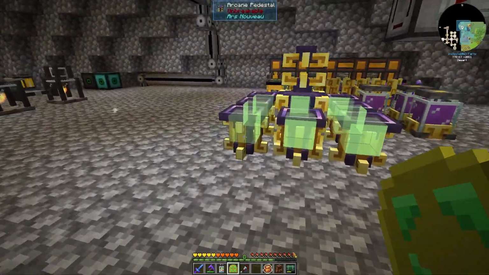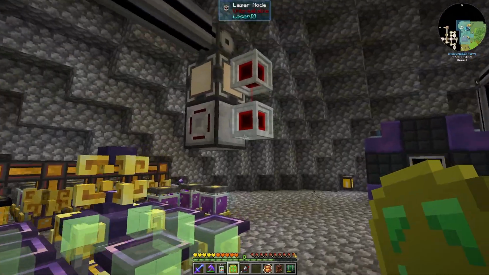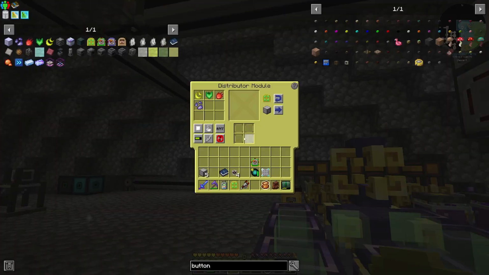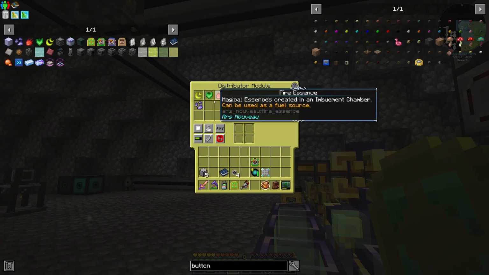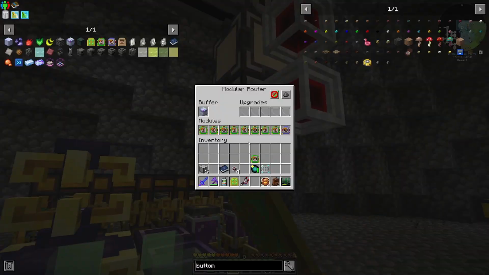So the distributor module will allow us to distribute to up to 8 items in one slot. And so what I did was I went through and I shift right clicked all of these pedestals, and then I added in our essence. Now, the downside of this is going to be we might need multiple of these distributor modules to accommodate each of the crafts, but that's fine because this is going to take up